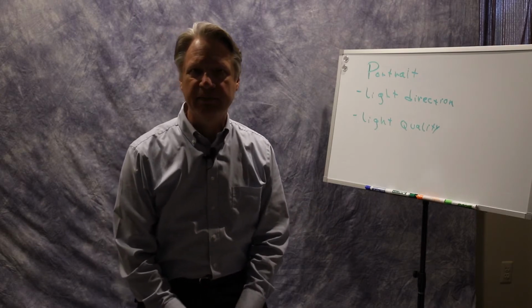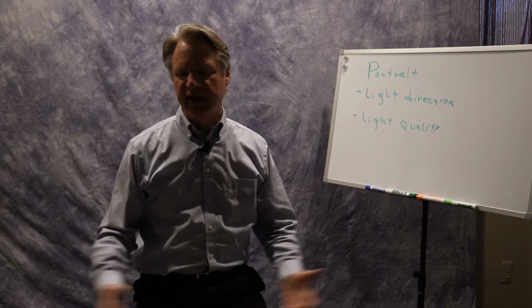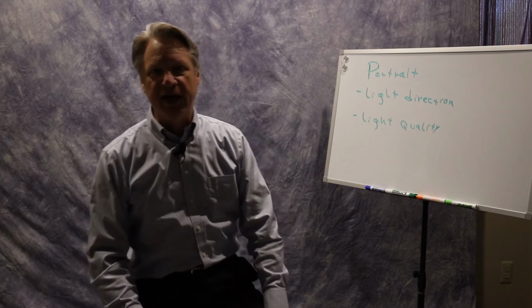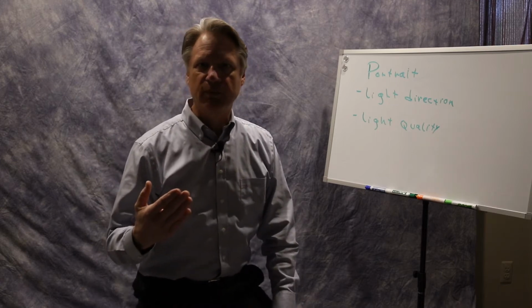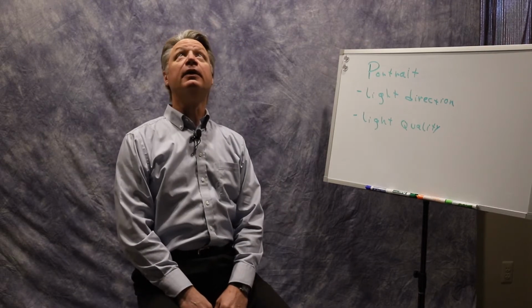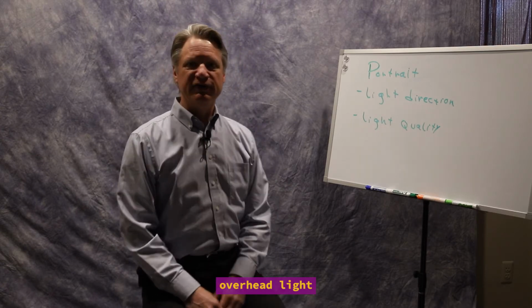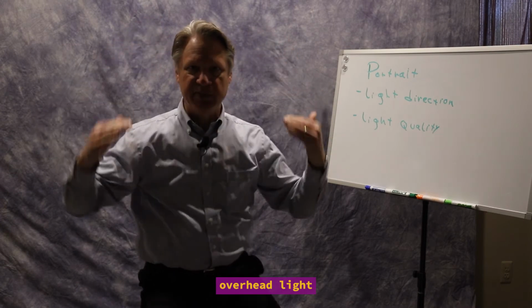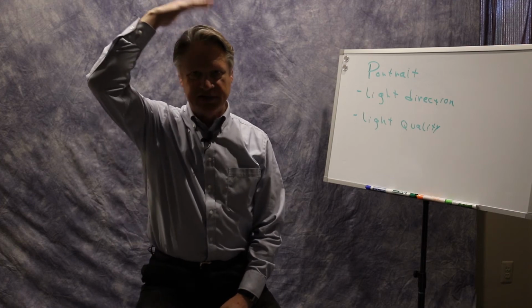Now what I have on at the moment is just an overhead light, so there's no other side lights coming in. I'm getting a little bit of bounce off the walls, but it's kind of fun to take a look at when we single out a light direction and what it does to an individual. So I'll back up and get into the light a little bit, and as long as I'm right underneath this light, you can see the difference if I move forward and get out of that light, so it's mostly kind of behind me, or if I get the light just right and it's just on the top of my head,